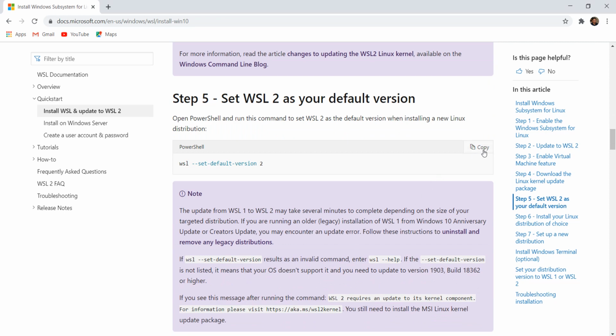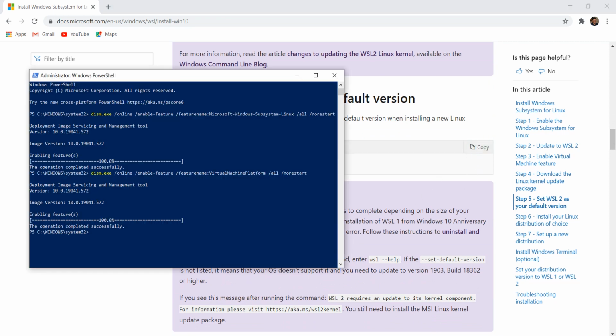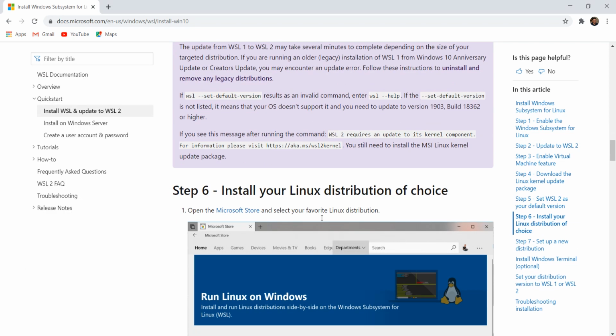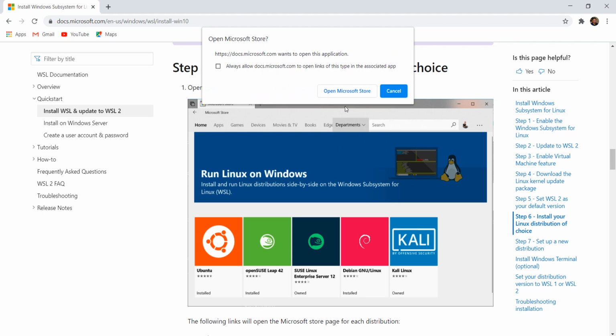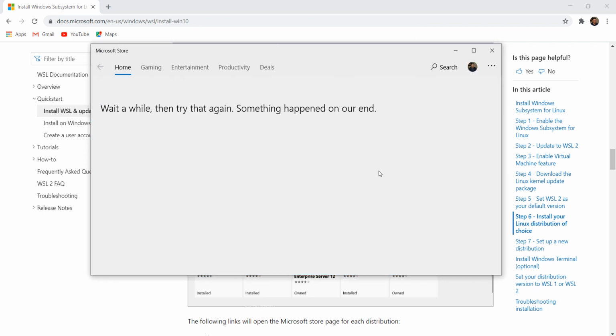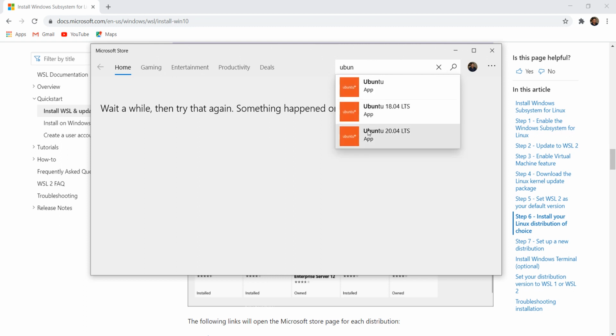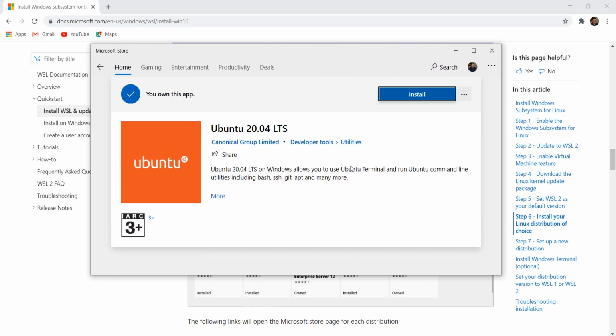Step 5 is again as simple as running one more command. Finally, you will start the Microsoft Store and search for Ubuntu. I installed Ubuntu 20.04 LTS. I recommend that you install the same.